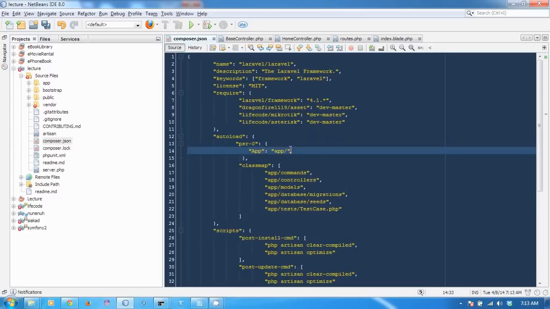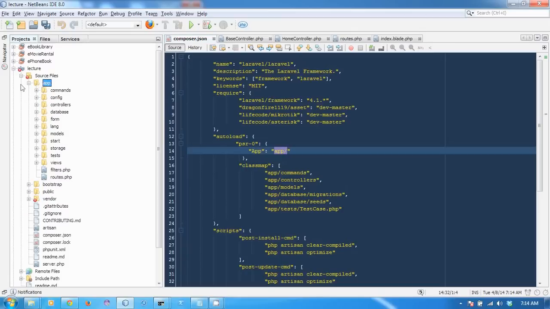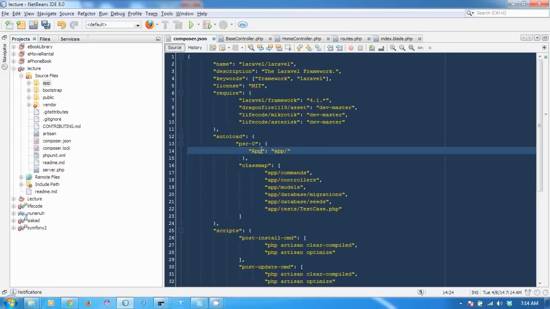like this. The app in here is for the first namespace, and then the app in here is for the declaration of the directory that will be the app namespace. The PSR-0 is the PHP standard request for the autoload. Okay,